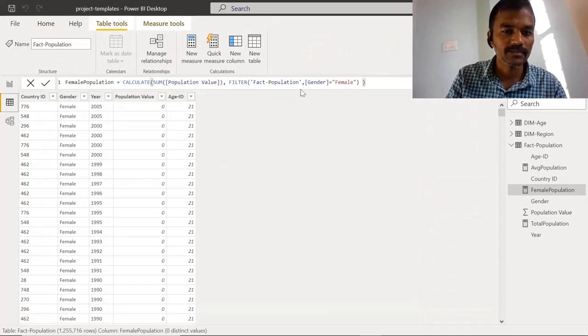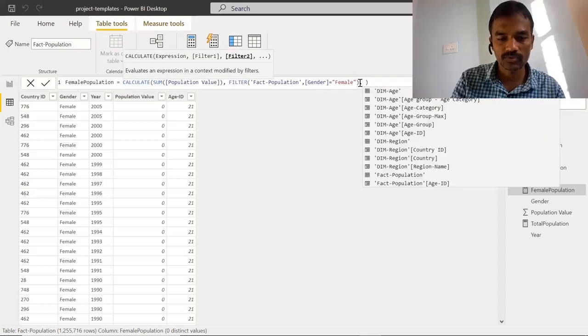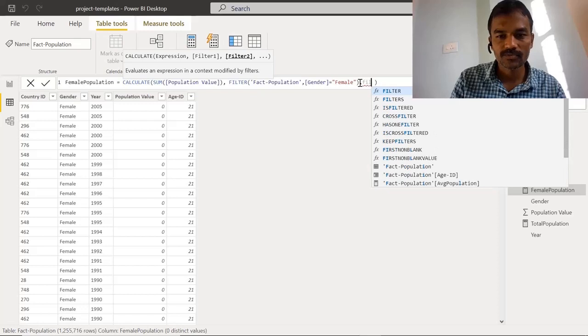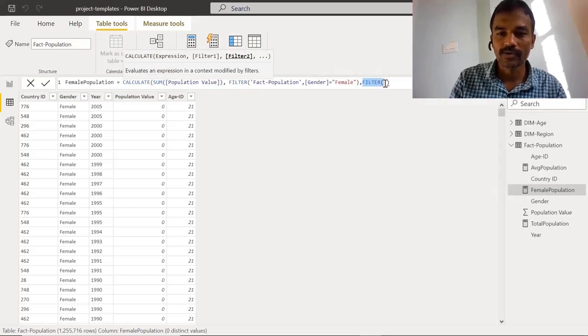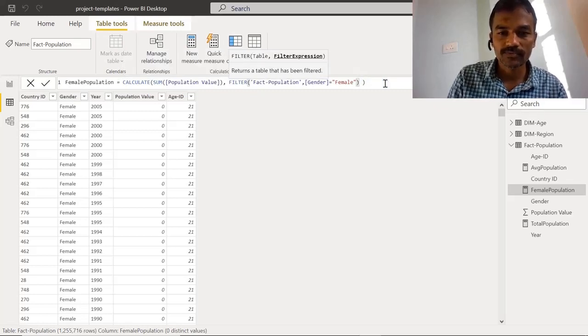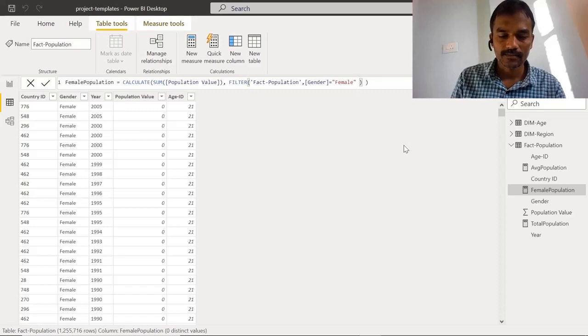Let's go back, and this is the filter condition which is available here. As this is the calculate function, we can specify multiple filters after this one. One approach is to use a semicolon after this, then use the filter again with a condition like year is equal to 2020, let's say. But in this case we don't want to do this. We can do it in a simpler way as well. We can add another year filter right here, using the ampersand operator we learned previously, and just mention year is equal to 2020 and hit enter.